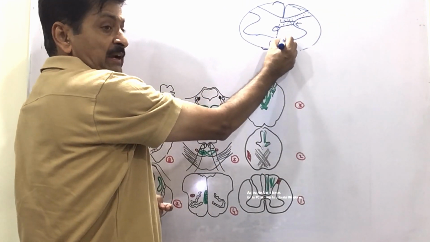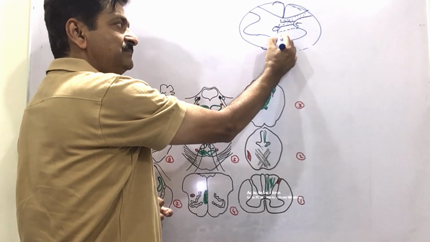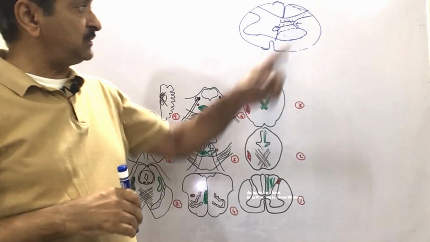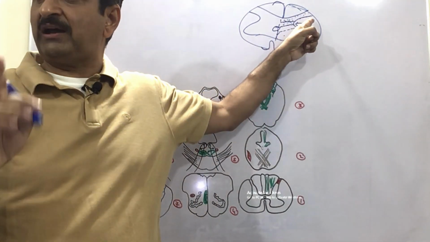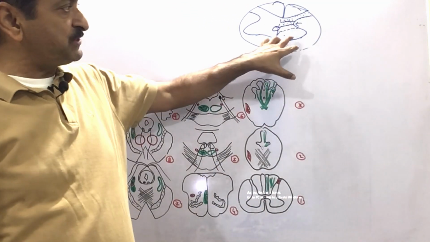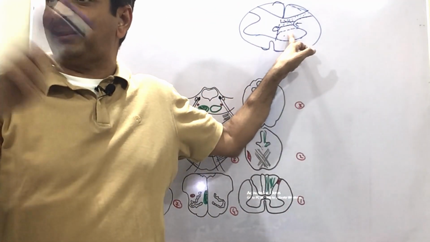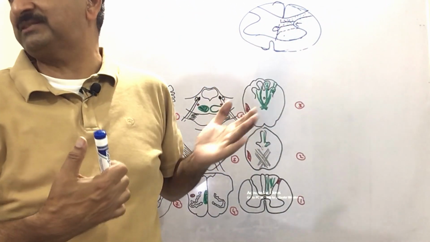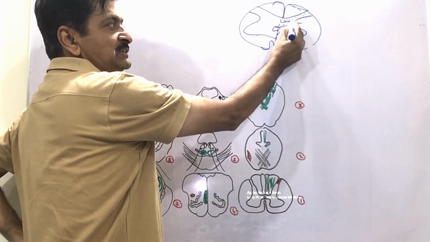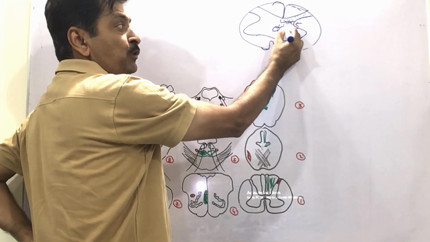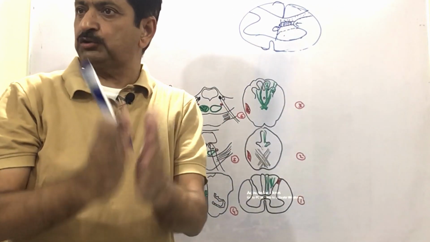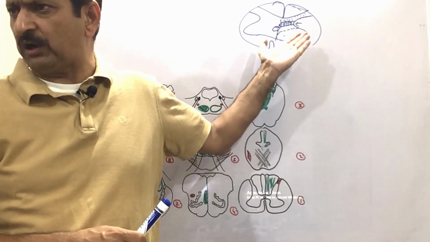When I tell you the anterior 3/4 closer to the periphery, they will be anterior 3/4. Means 3/4 in the posterior horn, if they are closer to the periphery, must be posterior 3/4. And if I tell you 3/4 of the anterior horn, they must be anterior 3/4. They are mirror images, you can say. If I tell you here that this is the anterior 1/4 of your posterior horn, that must be present closer to the sulcus limitans, because this is the last 1/4.